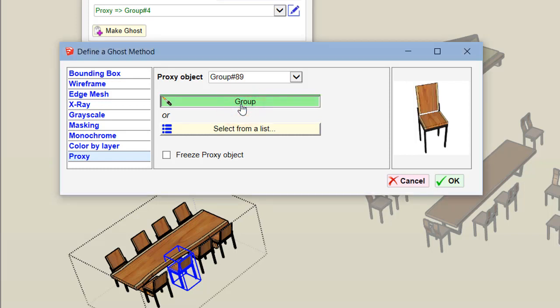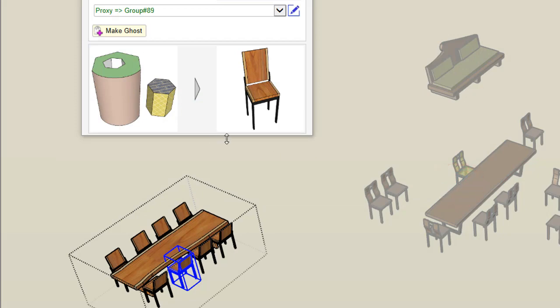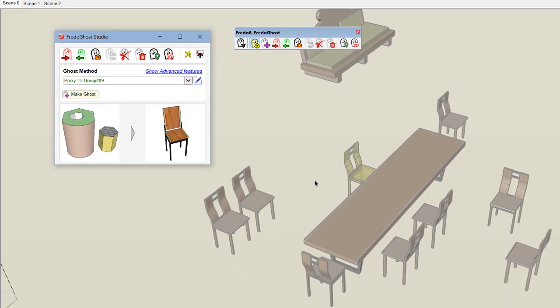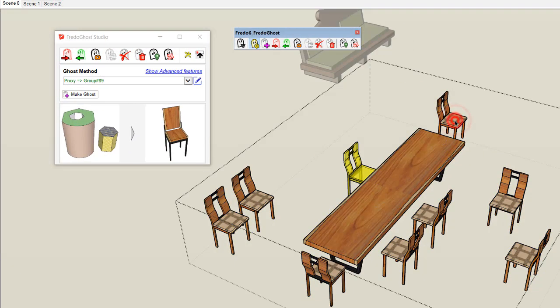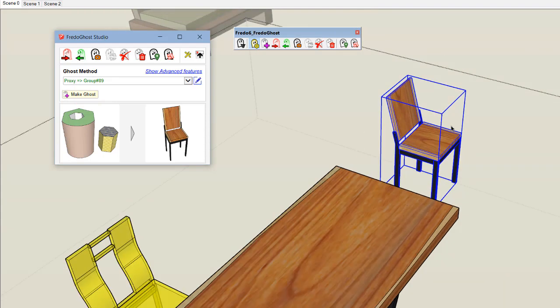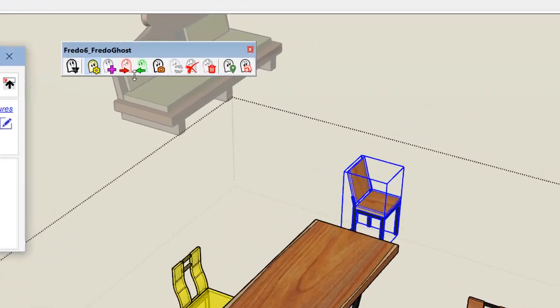So if you click on it, you see that this is this chair. So you can use it now as a proxy. If I take this chair and I make a ghost, you see that it has been replaced by the proxy.